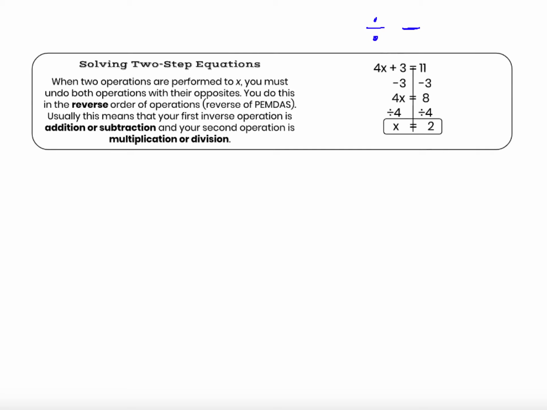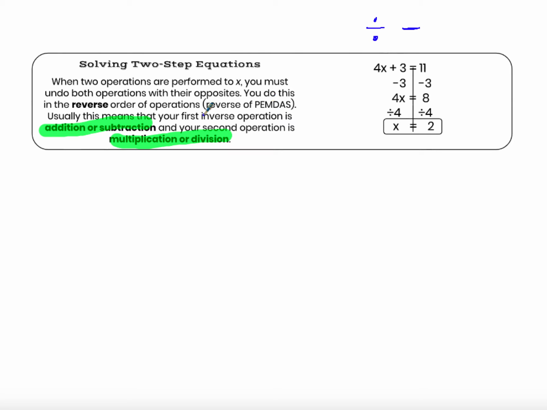If you just want a rule of thumb, the rule of thumb is, hey, add or subtract first, and then multiply or divide. So in all of the equations you're doing on this worksheet, you will be adding or subtracting, and then you will be multiplying or dividing. This is something we will be going into a lot more detail on next year, and there are some different situations. If you need a little more background rather than just memorizing, hey, add or subtract, then multiply or divide,